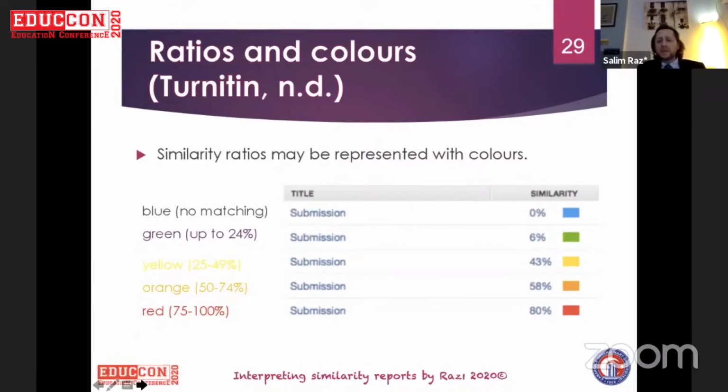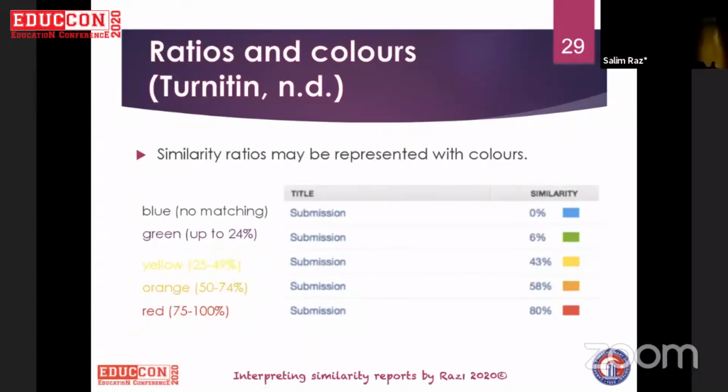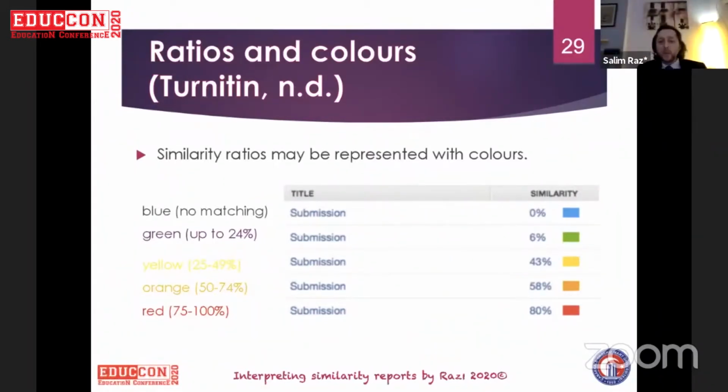What do I mean by misleading people? For example, there is red, 80%, for example. If it is between 75 and 100, it is red. So it is signaling something problematic. However, if it is up to 25%, Turnitin will be allocating green color here, which is problematic to my understanding,